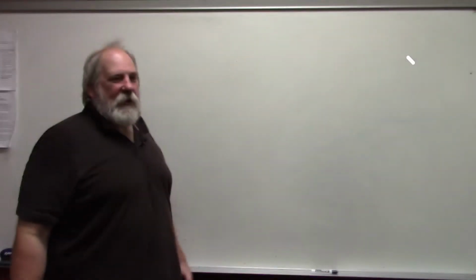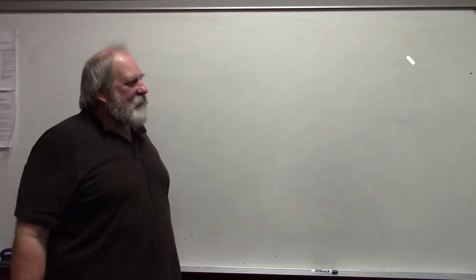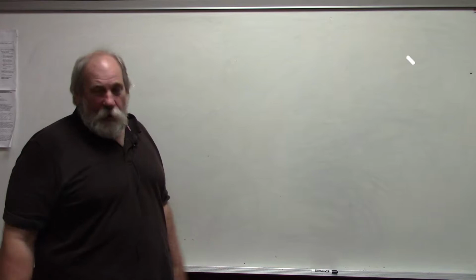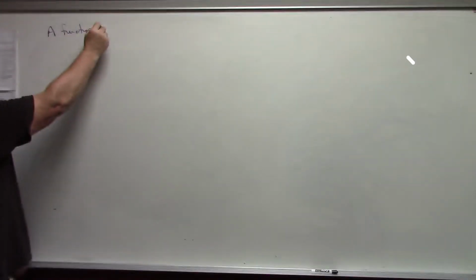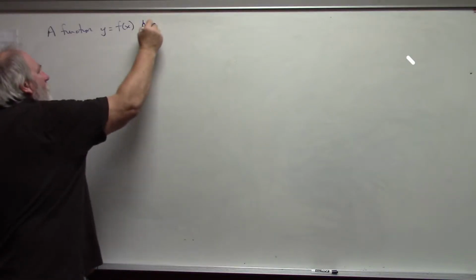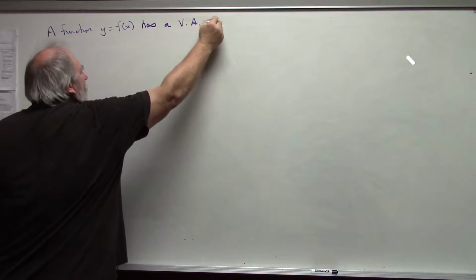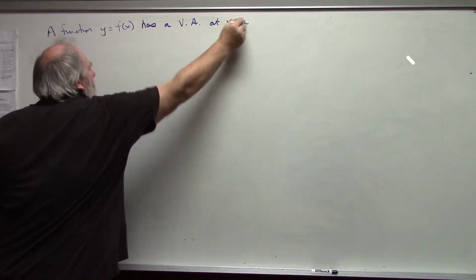Hi, today we're going to consider infinite limits and vertical asymptotes. There is an association between them. Let me remind you, a function y equals f of x has a vertical asymptote at x equals a if